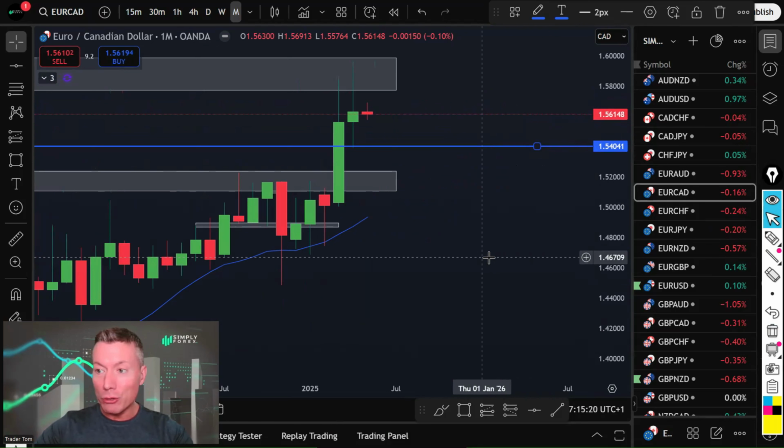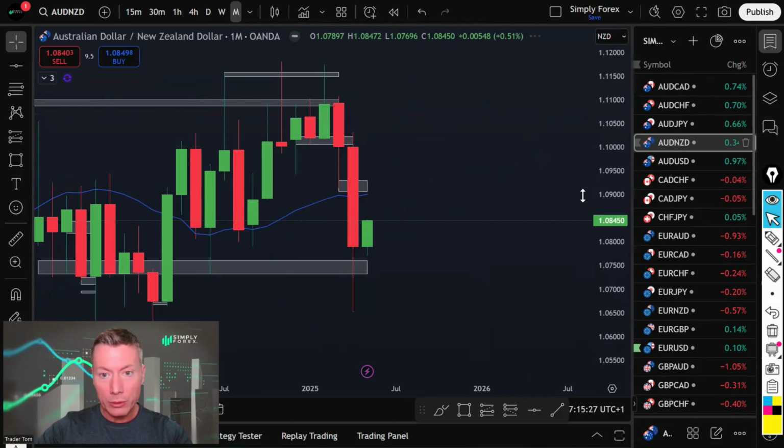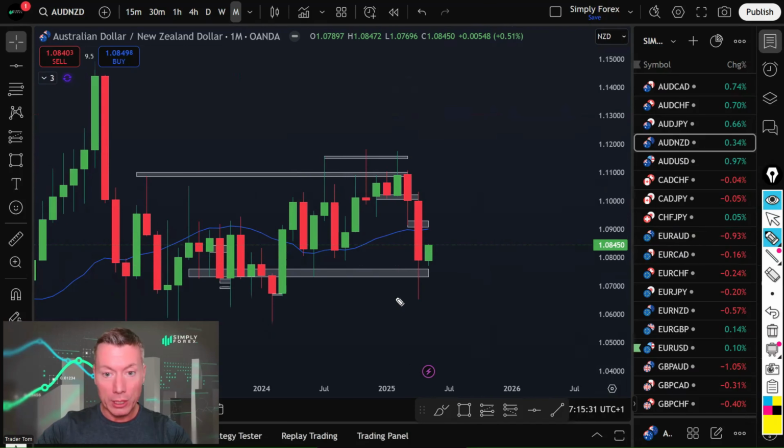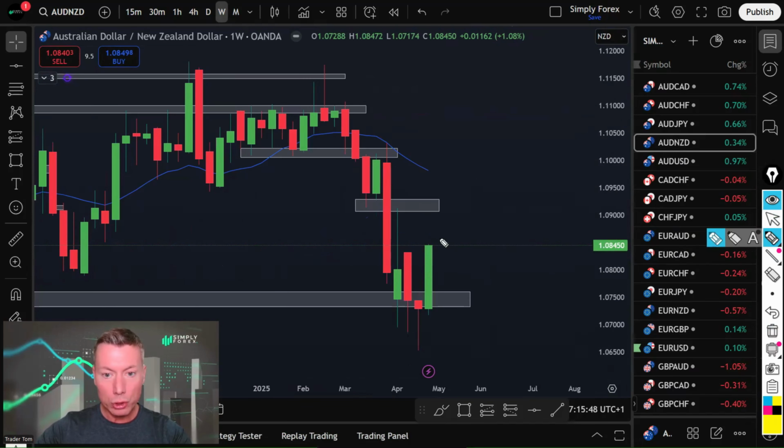So euro Aussie dollar, euro Canadian dollar are my sell trades with the euro, and also Aussie dollar, New Zealand dollar, right? Again, this is the monthly chart, right? Because we're on the monthly chart, let's start here. But you can see this sort of all of this level through here, and we're getting this, you know, reasonably bullish wick, right? But if we look at the weekly chart, right, just check out that weekly candle. Look how strong the Aussie dollar is. Okay, more so than New Zealand dollar, obviously.